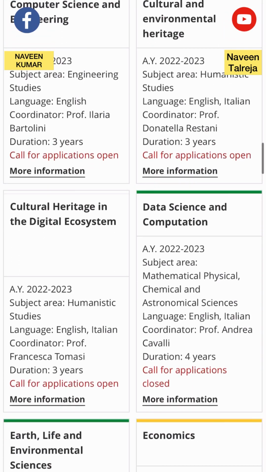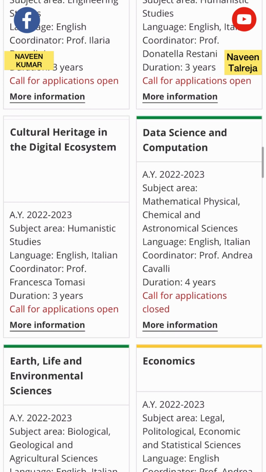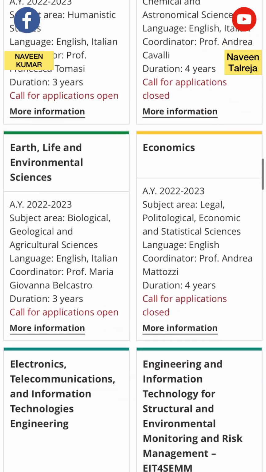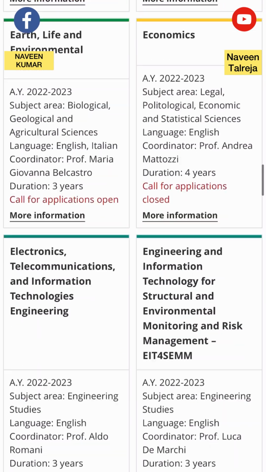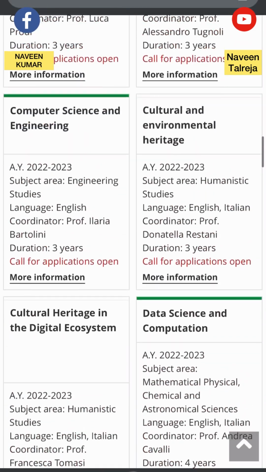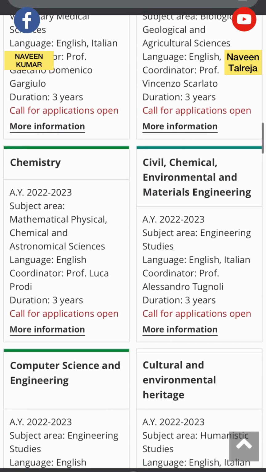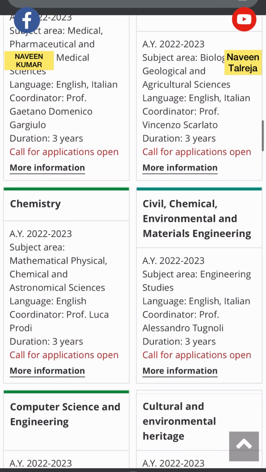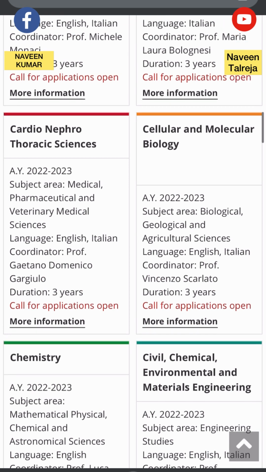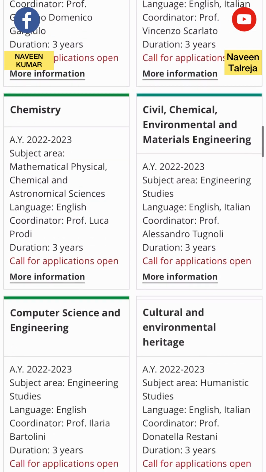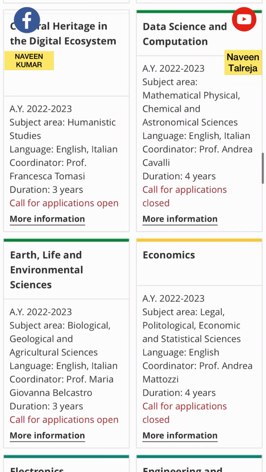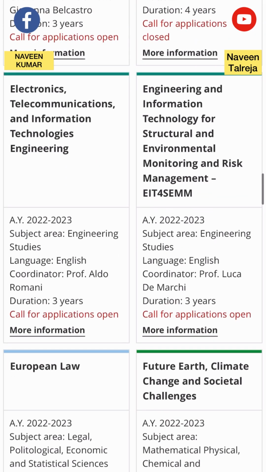So for example, data science and computation. The program is for 4 years, but unfortunately the call for application is closed, so you don't need to go in this area. We can go in any other area where the application is open. So from here you will see which PhD programs they are offering, and if it's open and matching with the area you want to apply in, you can click on more information.